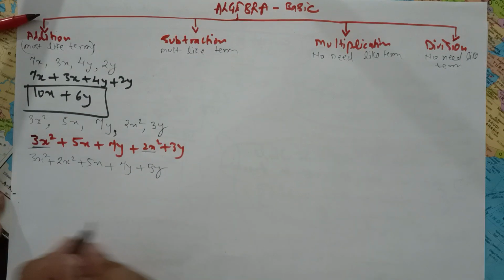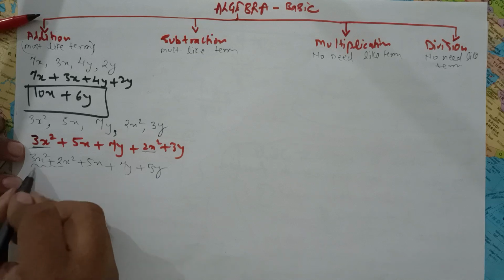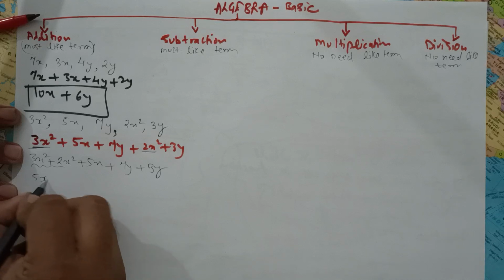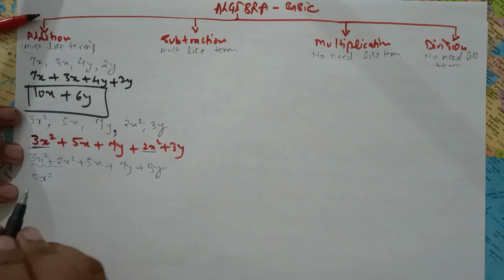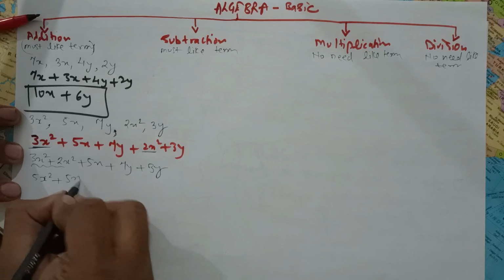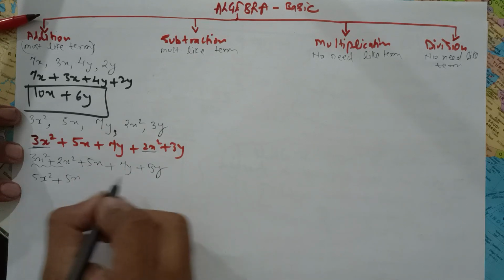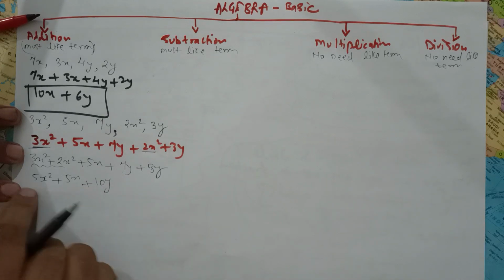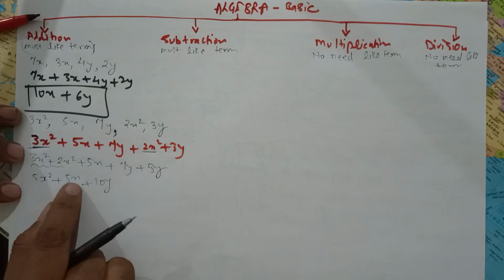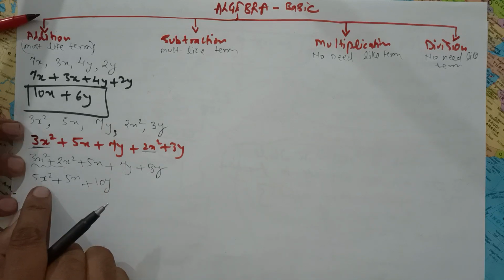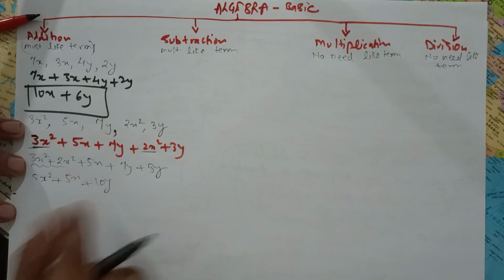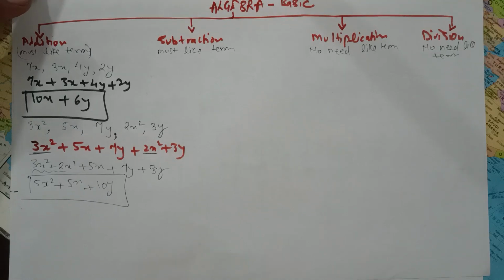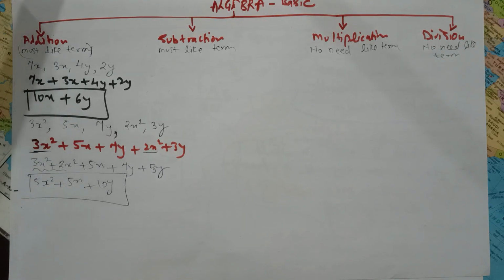Okay. Now you add it up. These are the like terms. 3 plus 2. Only the number digit can be added. So 5x square. The same alphabet will stay the same in addition and subtraction. 5x has no friend. 5x will be 11. Then 7 plus 2, 10y. Now you can't add it up more. You can't do it because all these have different terms. Like it has x square, it has only x, it has y. So this is your final answer, right? How easy it is. Don't you find it easy?